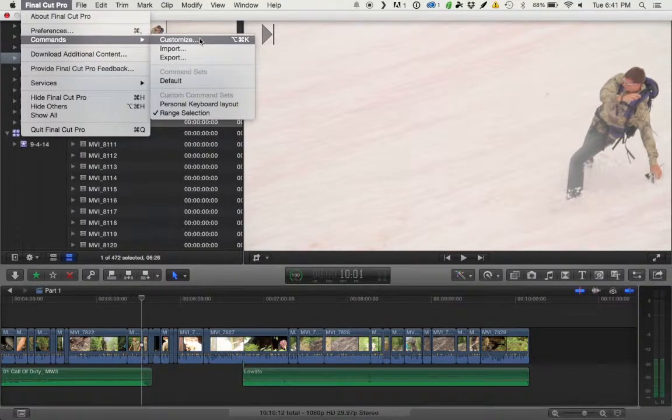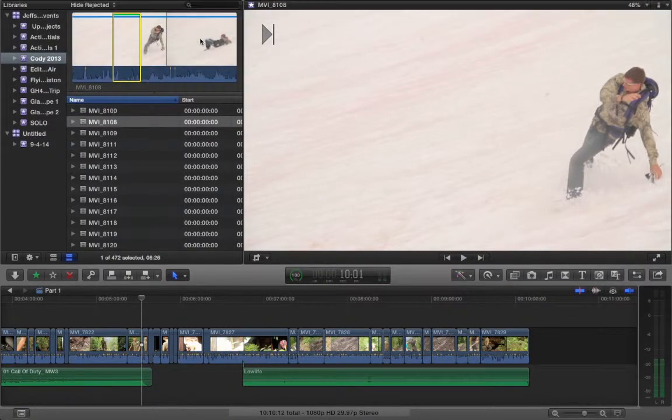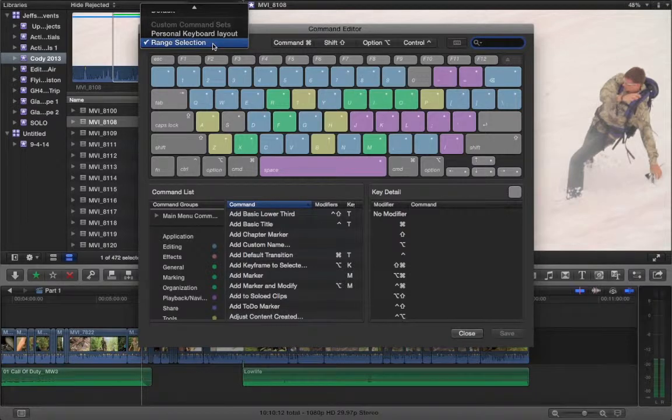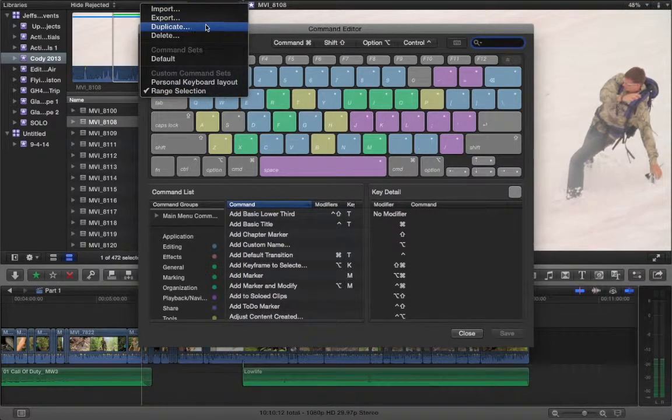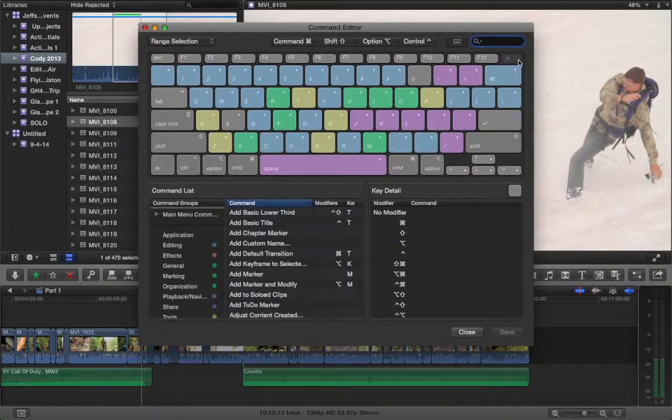So, what you want to do is go in to customize your keyboard layout. Now, you can switch it back to default at any time, but I always duplicate it just in case something goes wrong. So you can go in here, duplicate, and make a new one, instead of having it on default, because right away it'll be on default when you open this up. What I did is I duplicated it, I made a new keyboard layout, and I'm going to show you what to do right now. Go up to the search bar, type in range,